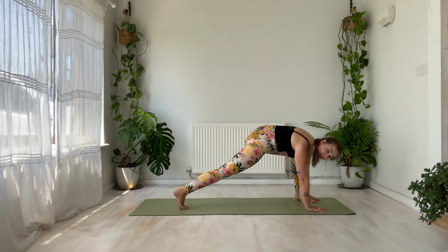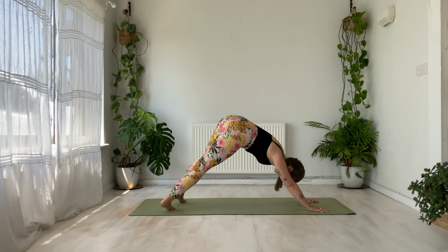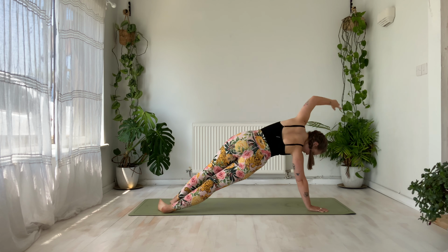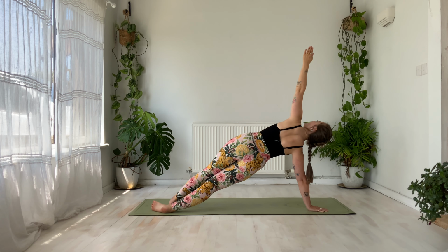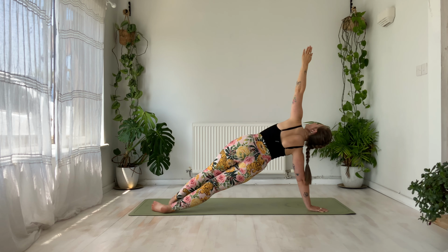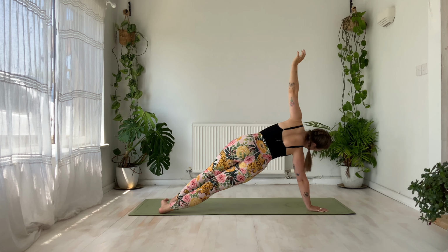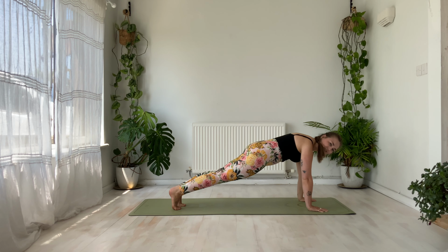From here, we're going to come in to a side plank. So we're stepping left foot back to meet the right. Both heels are going to fall over to the right hand side, but the left foot's going to come completely flat. And we're pulling the left arm nice and high to the sky. Find that strength, find the energy of the full moon coven, and we hold for 3. We hold for 2. And for 1, left hand to the mat, press off the toes,